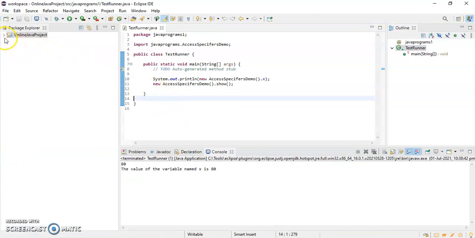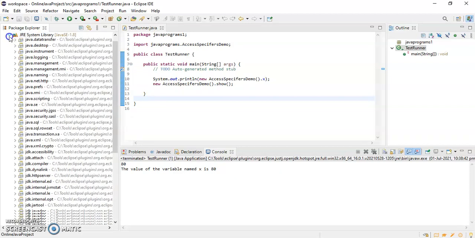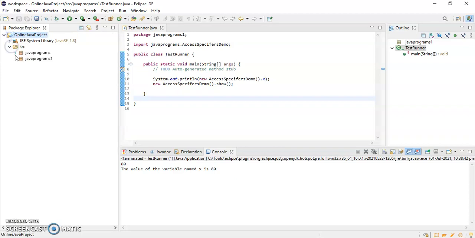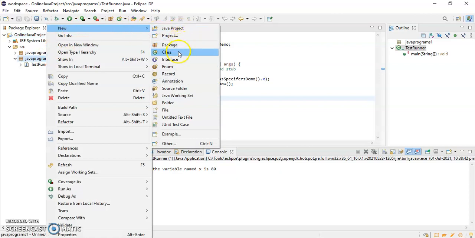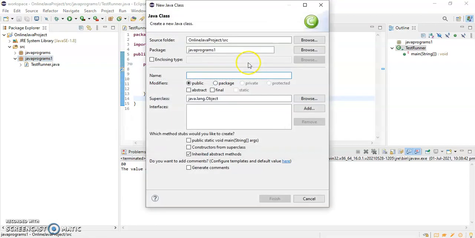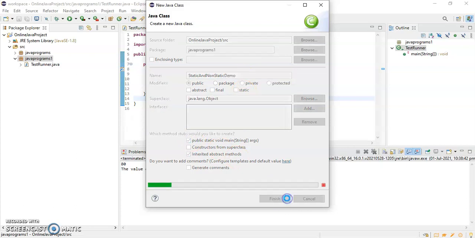So what I'll do, I'll create one class over here. Static and non-static demo. I'll create this class with a main method.